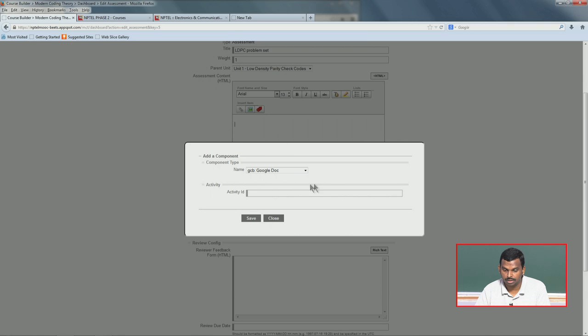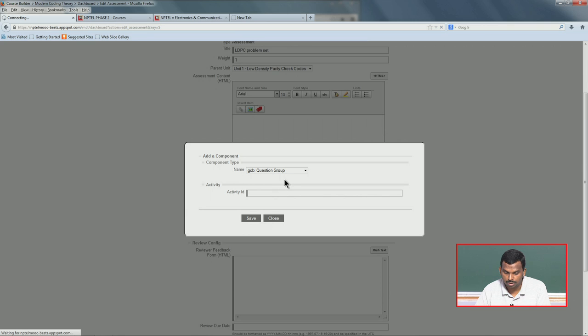It throws up a little pop up, it says component type. Here you pull down, you get a lot of choices. It can be a Google Doc, a Google group, a Google spreadsheet, iframe, question, question group, etc. Let us pick question group.